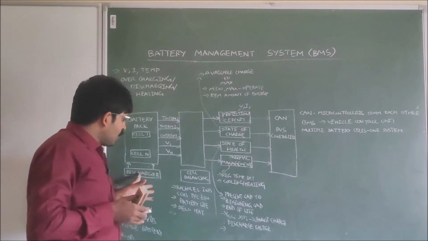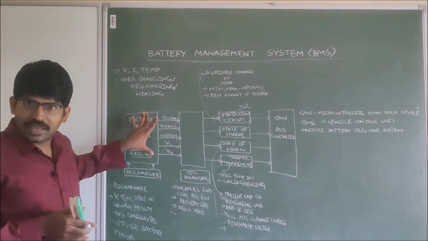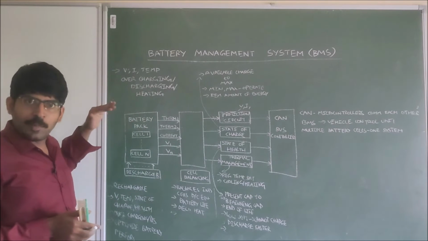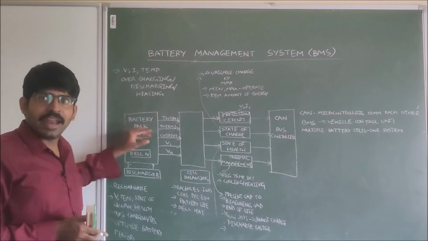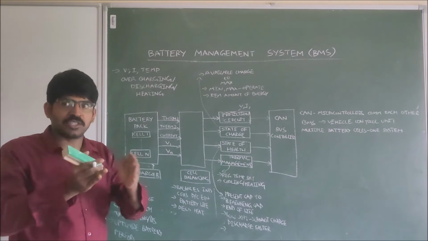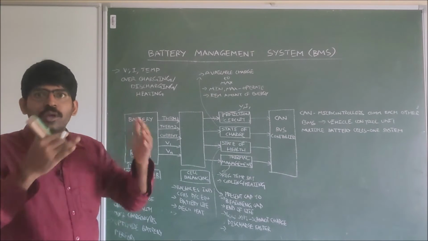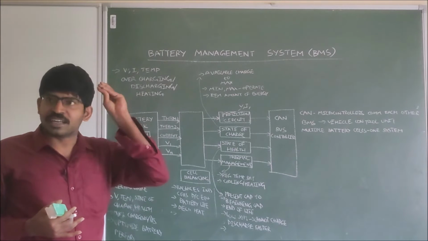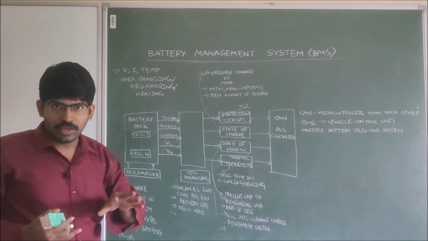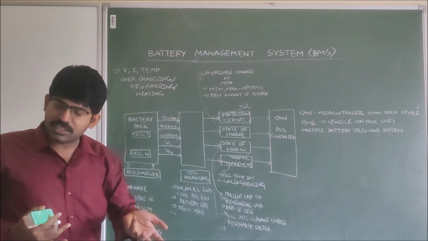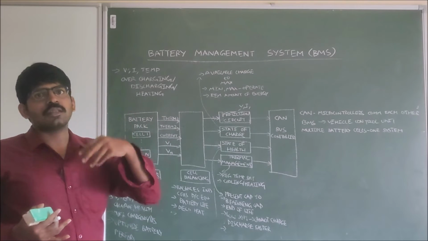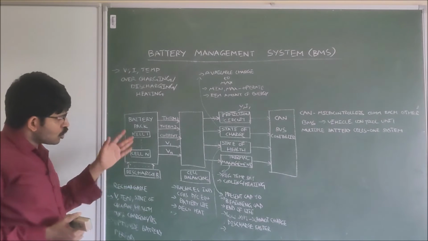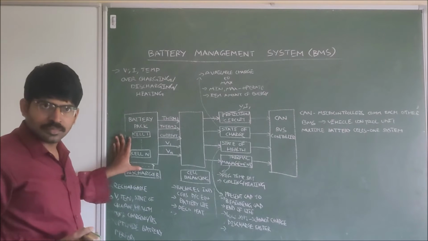Here the battery is nothing but a group of cells in a pack. In the BMS, a battery pack is there, from battery 1 to battery N number of cells. This group of cells together we call a battery pack. All these cells are rechargeable. After discharging we can charge them again, and again after some time when we are using them, they discharge, and again we can charge them. So this particular block,